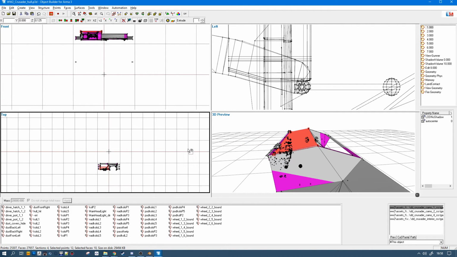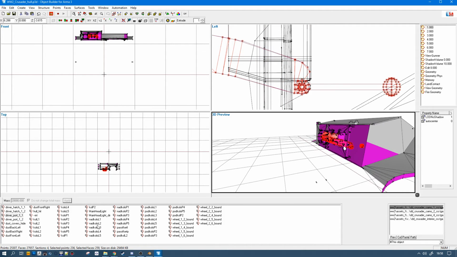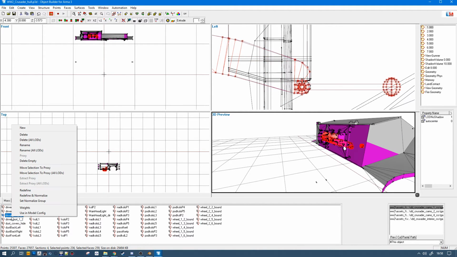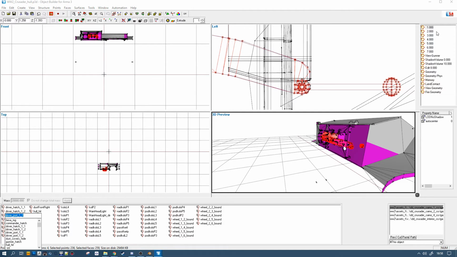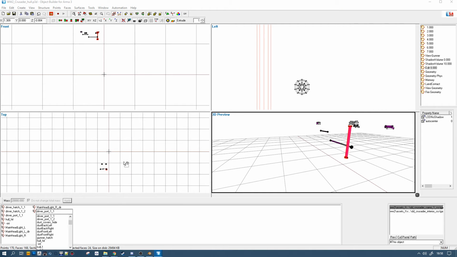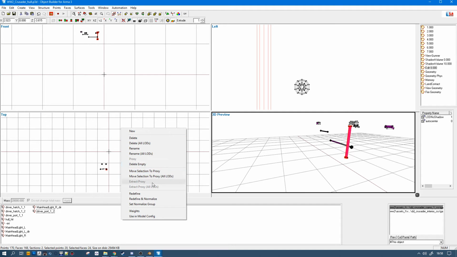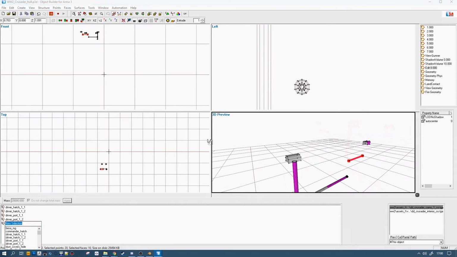Then I have port 1, which is the shield, and port 2, which is the actual door. So I think this was converted port 1. Okay, so this is new port 2. You'll see why I'm doing this in a moment.